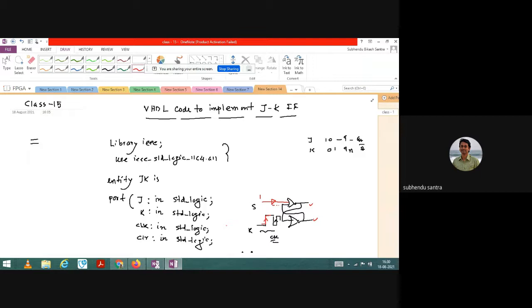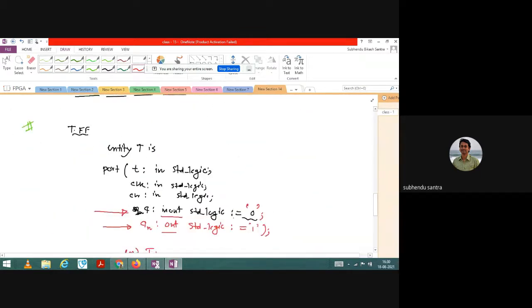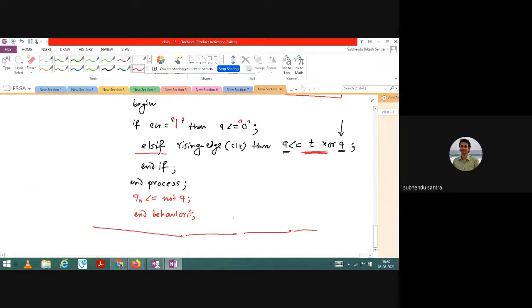Implement a shift register, only 2 bit, not more than that. A 2 bit shift register using T flip flop. Please practice, applying this knowledge.